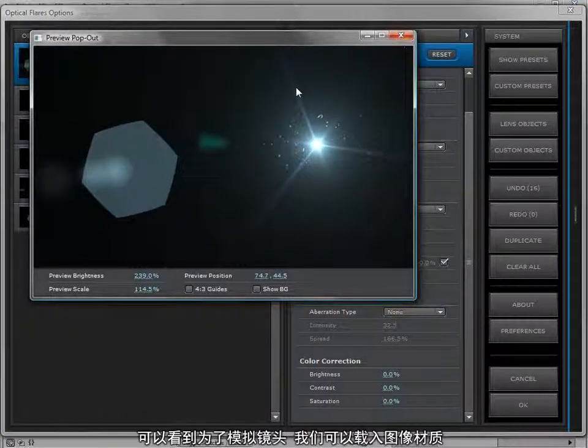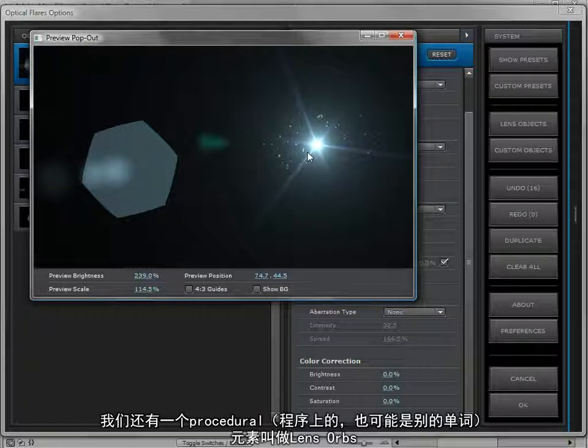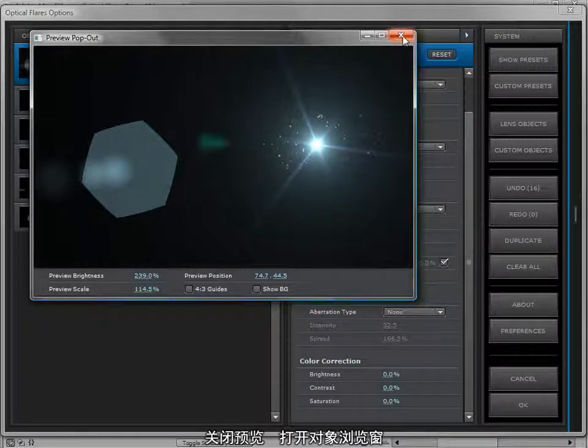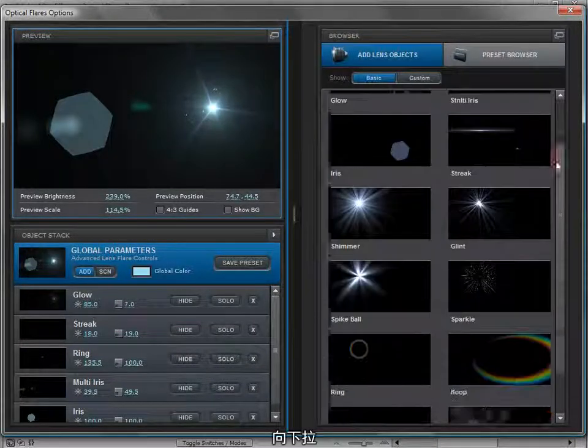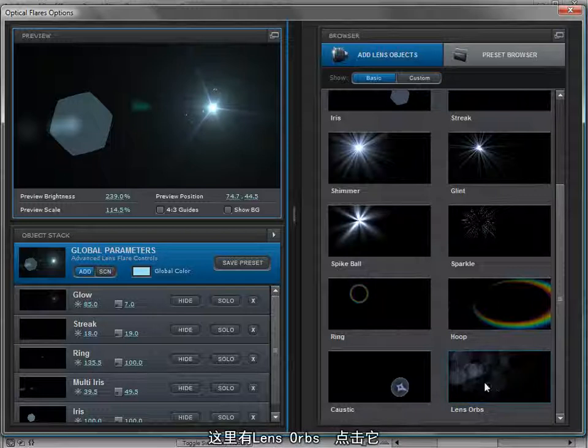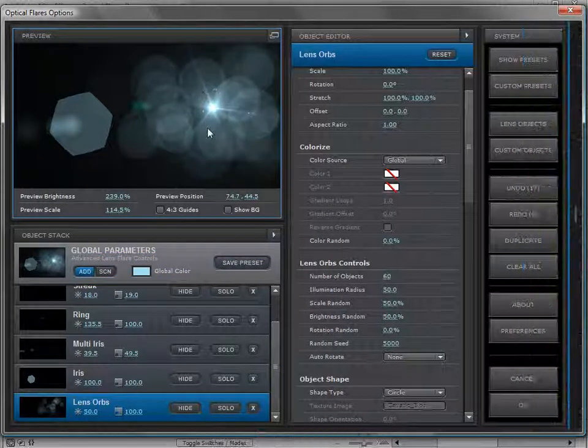So right here you can see we can load a texture image for the on-lens simulation, but we also have a procedural object called lens orbs. So we'll close the preview. We'll come over here to lens objects. I'm going to scroll down. We have lens orbs. We'll click on that, and it's a little big and it's a little bright, but what